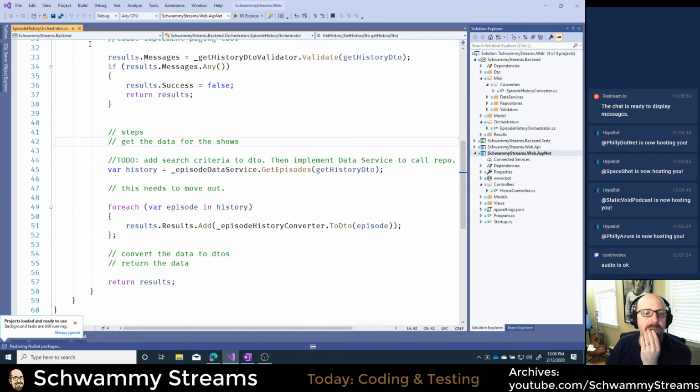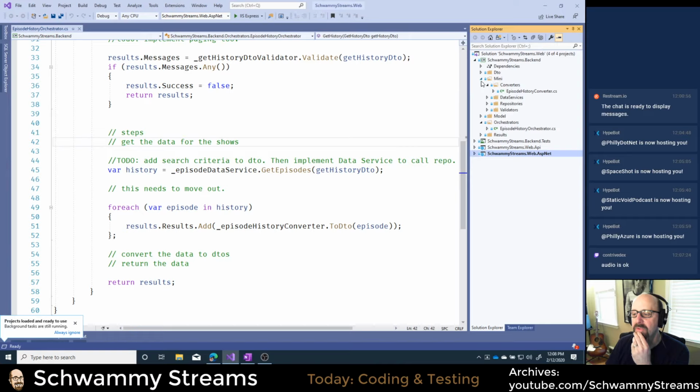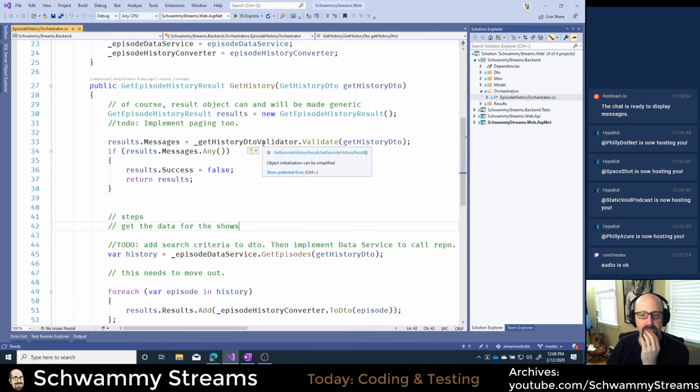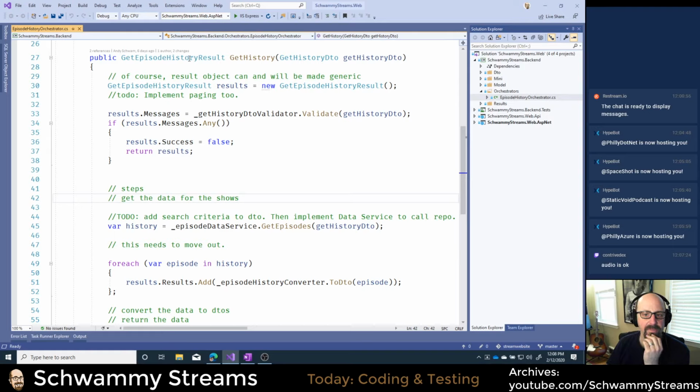And a quick overview of what we're working on here. I've got a solution in Visual Studio, and I've got this code in here, and I'm using the Orchestrator pattern. Again, I feel like each show I have to go back a little bit and explain what's going on just to set it up. So I've got what I call an orchestrator. You can call it something different if you'd like, with a method called getHistory. And it's going to get an episode list of the history of the episodes of the show.